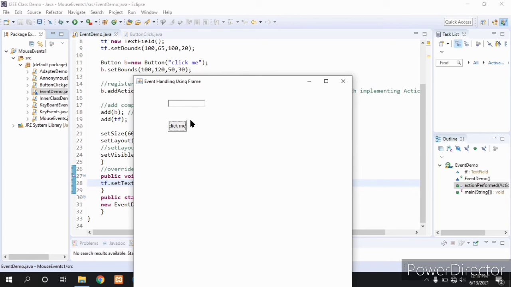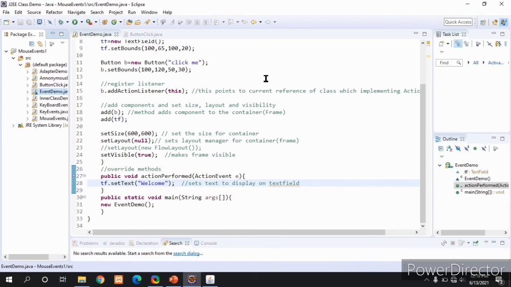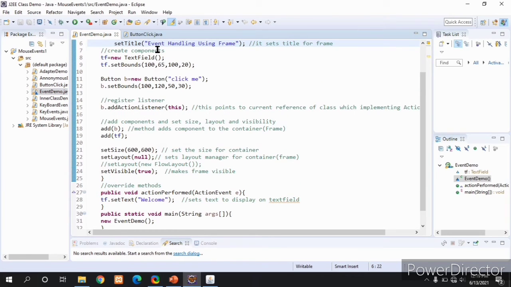Are you seeing this? Okay, I will change the size of that. See here, I will change the height and width of that. Okay, this is the button. I will change that also, and I will just change this to click. Now you will see the difference. I will execute once again.